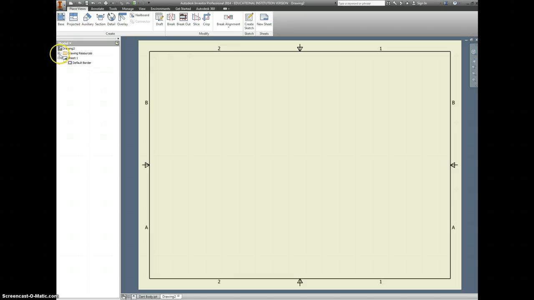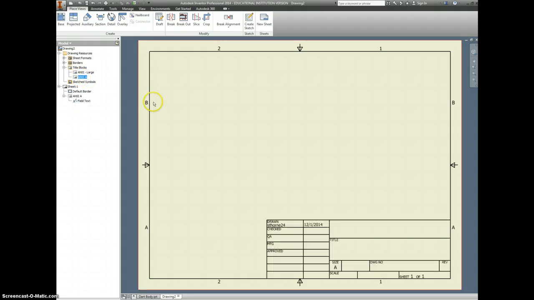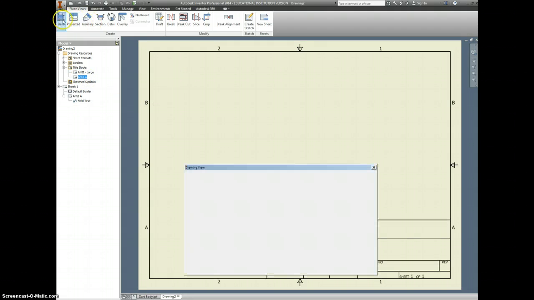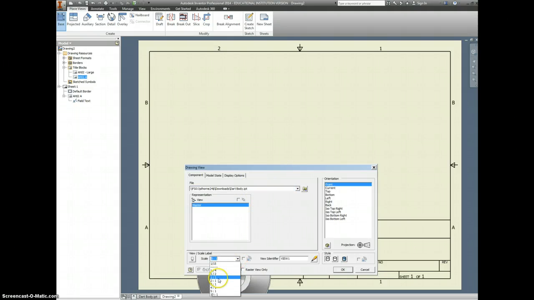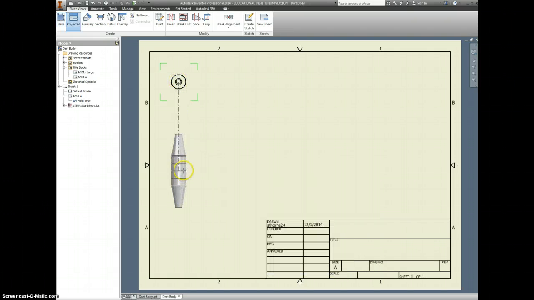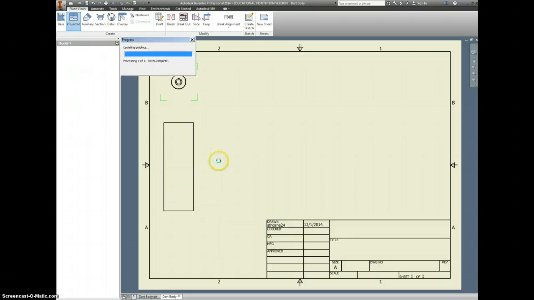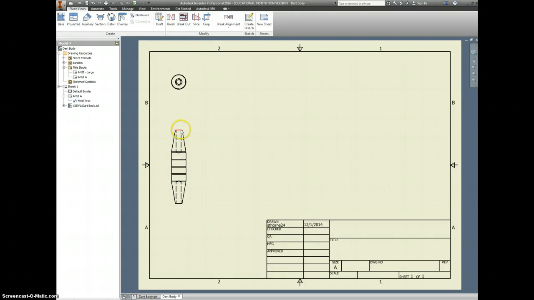Delete the old title block, go into drawing resources, grab a new one, ANSI A instead of ANSI large. Double click it, there it is. Go to your base, and there's the dart that we just drew. But this is way too big. We're going to make it 1:1 instead. Alright, we'll put in top view there, drag it down, put in a view of the body,